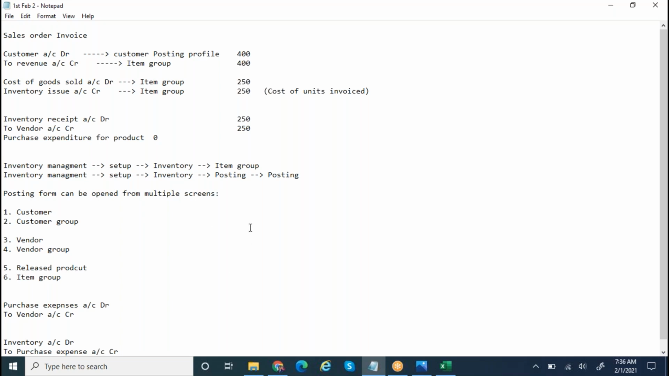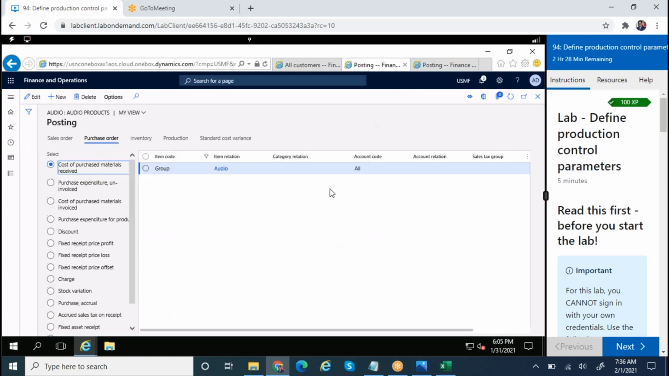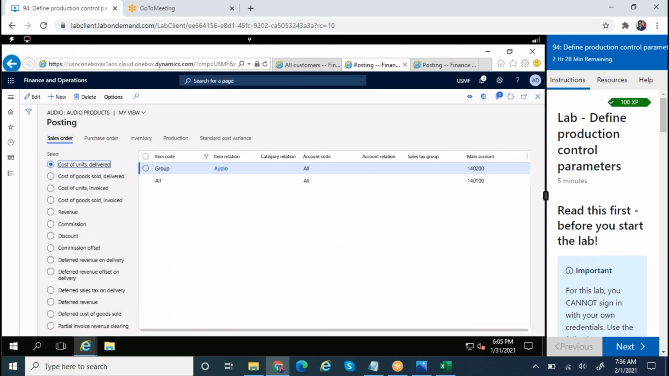In general, all the ledgers we have already mapped at customer group level and item group level. Okay, fine. I will give you the answer to your question. So we are going inside the sales order. Suppose in this you are mapping related to